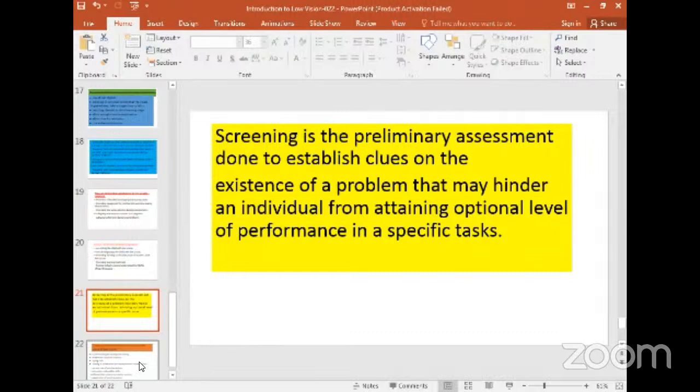So when we talk about screening, remember, you are just trying to find out whether there is a problem. Somebody may say there's a problem, but until it is verified through the screening test, that is when you say yes, there is a problem, and what could be the hindrances that the problem brings to an